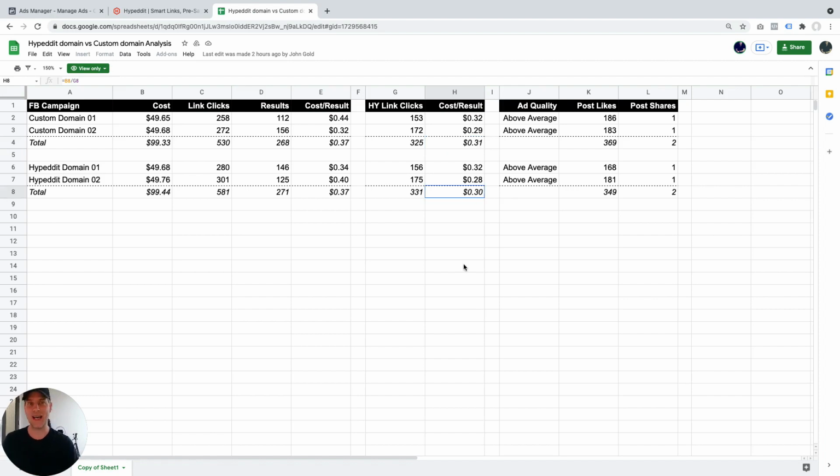So slight advantage, not a huge advantage, but slight advantage for the Hyped domain campaign. And I also want to point out that the absolute lowest number of cost per result is this 28 cent number that was also a Hyped domain campaign. So combined again with the ease of setup of these campaigns, I'm really bullish again on running campaigns on the